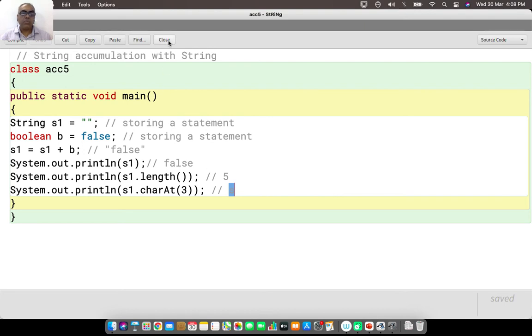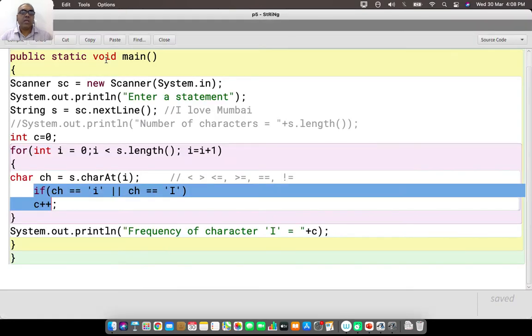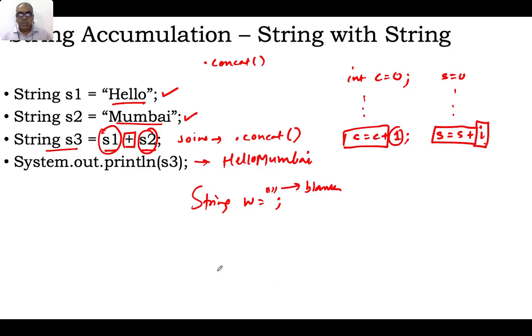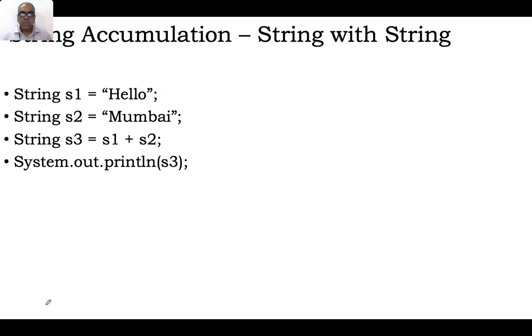Now let us go to the program to understand how you read a string word by word. Again, you will still need character reading, but each character we are now going to keep accumulating until we form a word. So what is the logic behind it? If I take you to the explanation side of it, let us say that I have a string